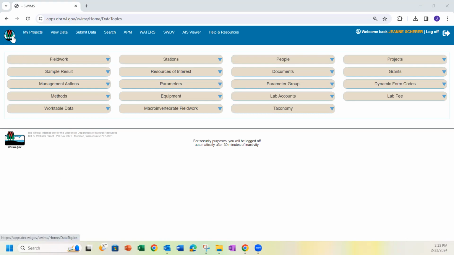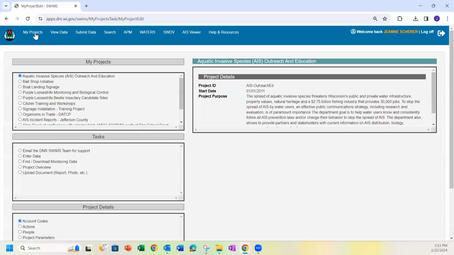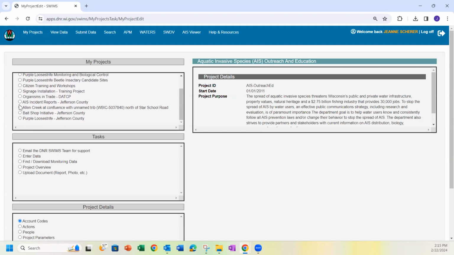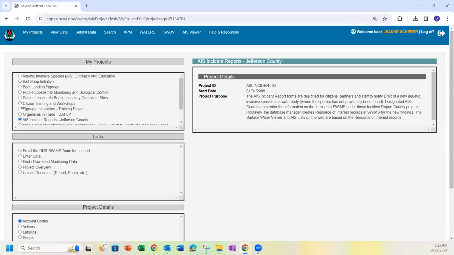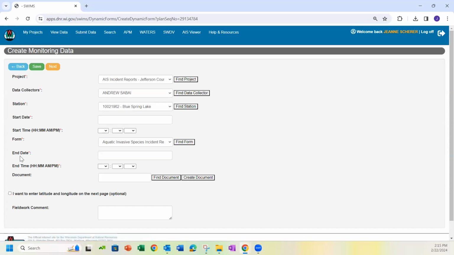So the best place probably to start for entering fieldwork, provided the project that you're entering it for is in your projects list, is by going to your project list, pick a project. So I'm going to use AIS Incident Reports Jefferson County. And then in the task box, I have enter data. When I open it from this position, then the project is actually listed exactly with the project that I want